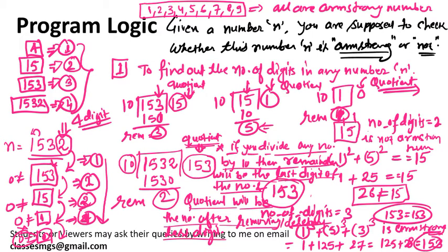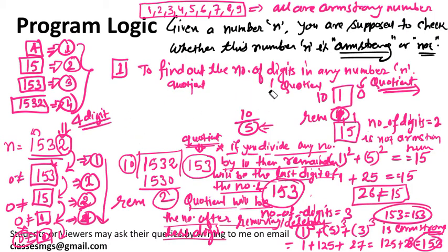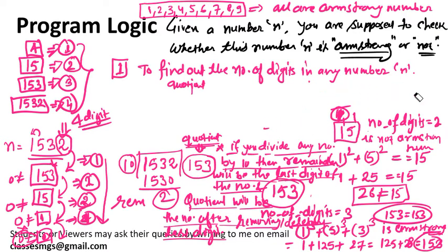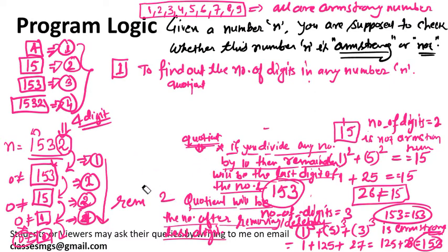Let's try some other number also and see it. I am taking some other number, and explaining the same again. So essentially what we are going to do is write a while loop or for loop here to do this task repetitively. Okay, so let's check the next number, that is our 153, and see how it is going to be a 3 digit number.